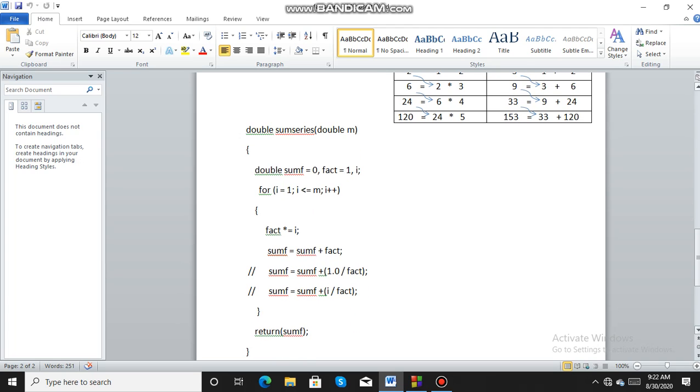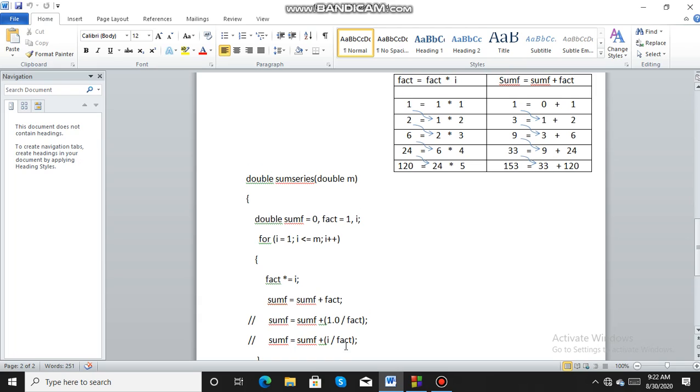Now initially the value of I is 1, the value of FACT is also 1. So FACT is equal to FACT into I, and both are 1. I is 1, FACT is 1, so the value of FACT is 1 into 1 is 1. That value I am adding to the sum f. Sum f initial value is 0. So 0 plus 1 is 1.